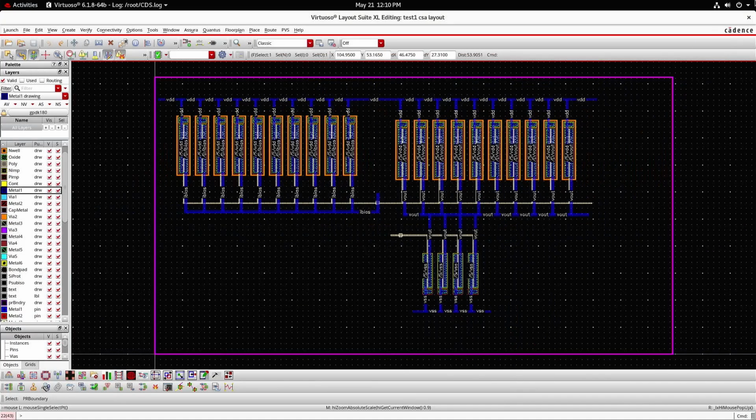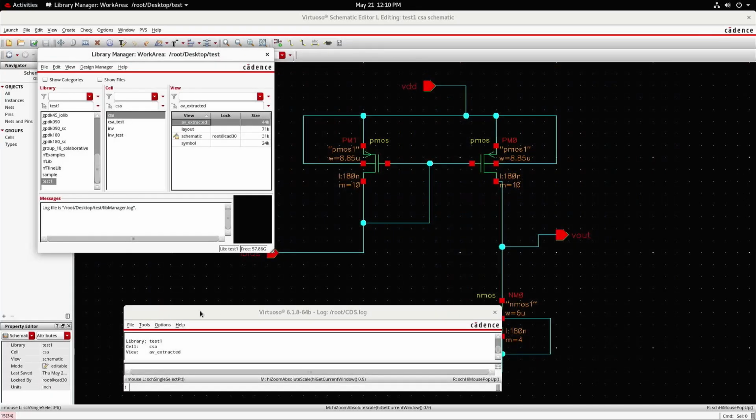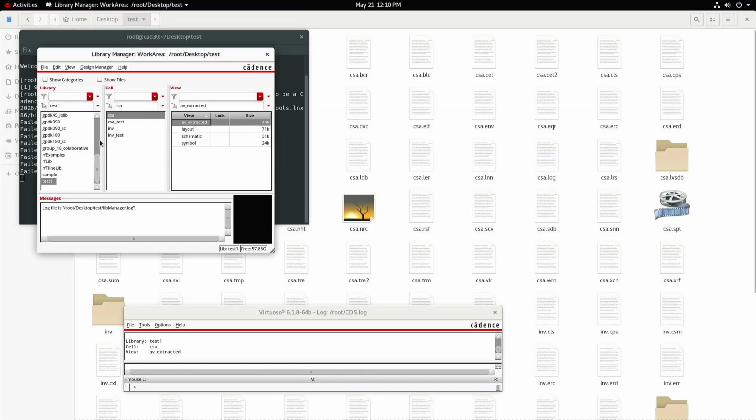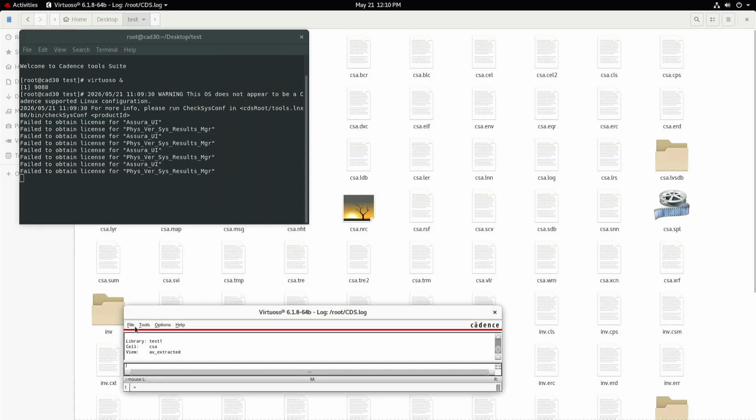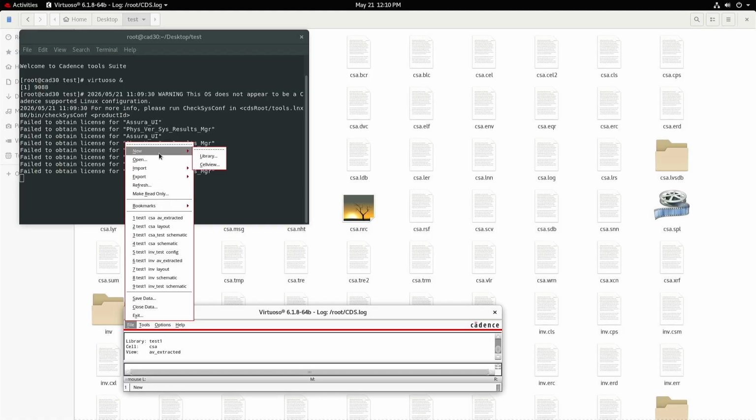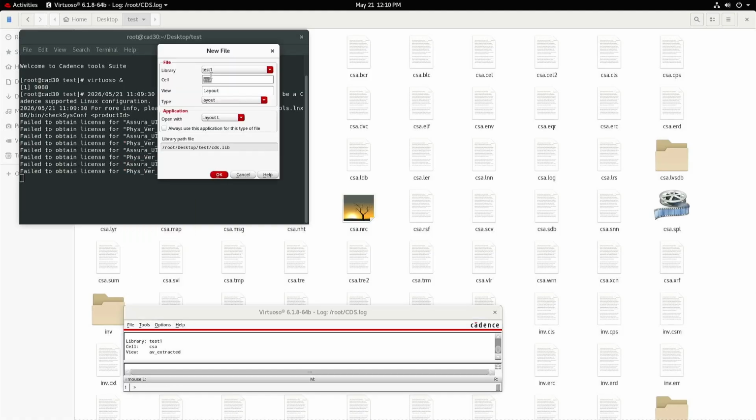I'll be showing the post layout simulation for this. For doing the post layout simulation, go to File, New, Cell View. Then CSA_test. Every time, ensure you are in the proper path, that is, in your folder.